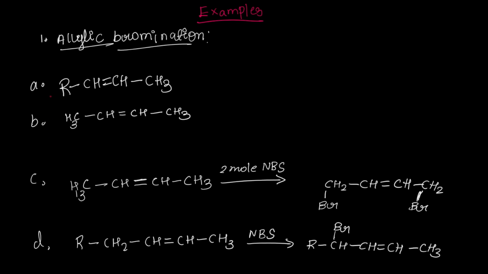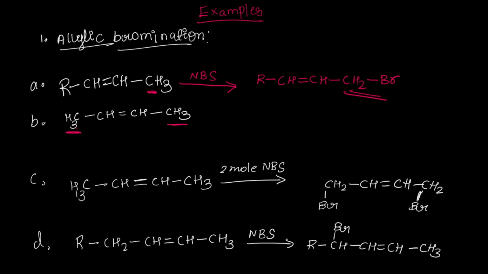So now, first, in this first reaction we have an allylic group, and if I add NBS to it, you can see the allylic position here is CH3. So the bromination takes place exactly at that position, since that methyl group is attached to the carbon having a double bond, which is an allylic group. So the bromination takes place here, and similarly here we have another example where we have two allylic groups